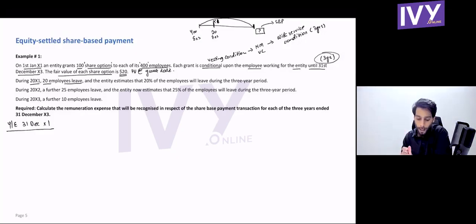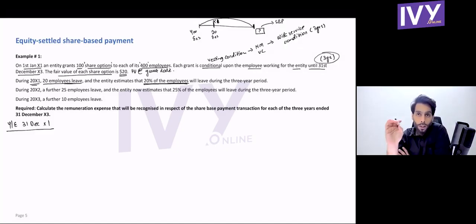Now, keeping that in mind, just look at the point again. During 20x1, 20 employees leave, and the entity estimates that 20% of the employees